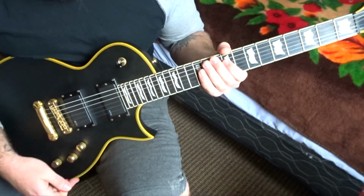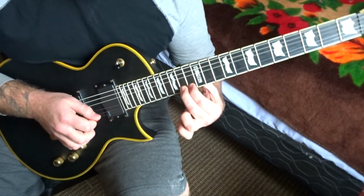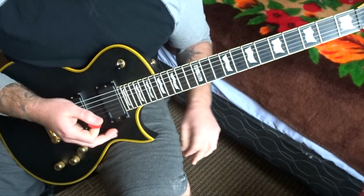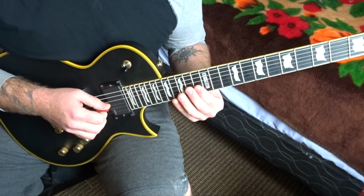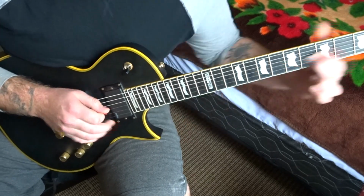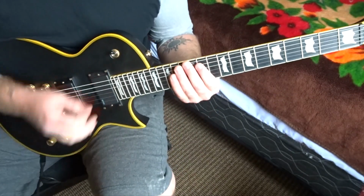And as I said in the other video, when I get some crazy vibrato like that, I often hold on to the top strings so I don't get, you know, it's not a nice kind of clean, even though it's got a lot of distortion, it's a nice clean, really expressive bend. So all together we have